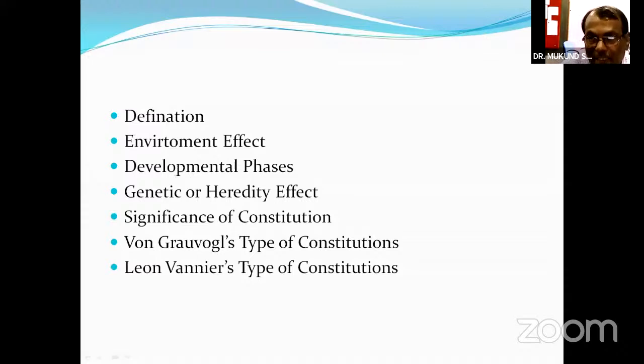It is well mentioned by Hippocrates, who is supposed to be the father of modern medicine, and it is also further explained by Galen. So there are different humors. There are four types of humors: first is blood, second is phlegm, next is yellow bile, and the black bile. So the blood humor is characterized by